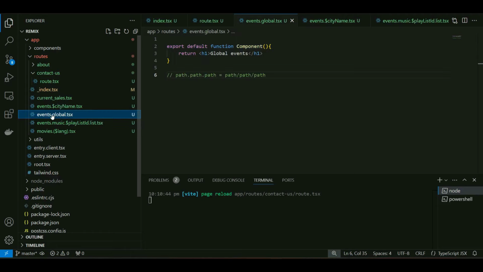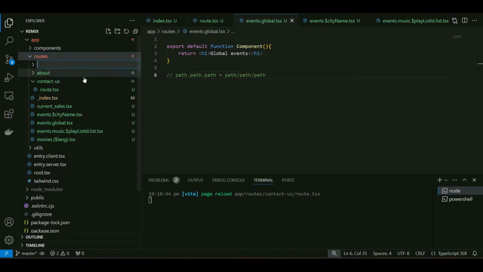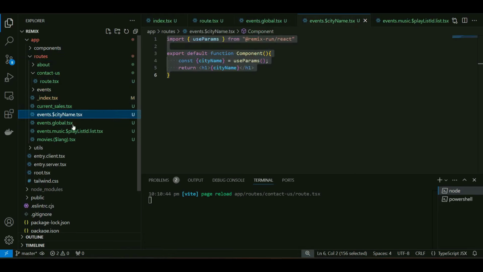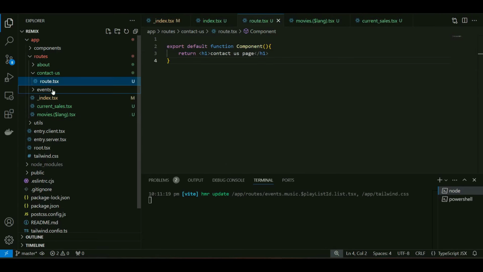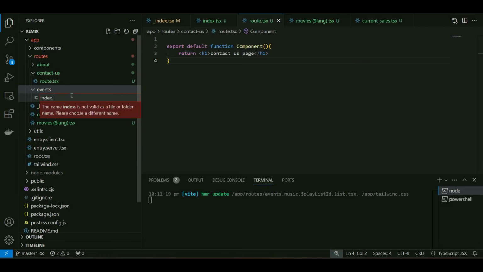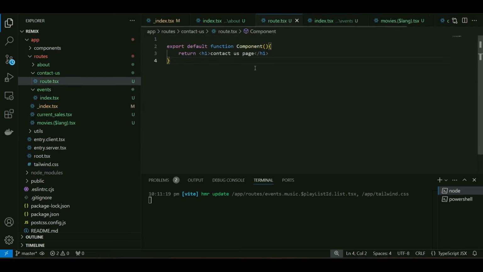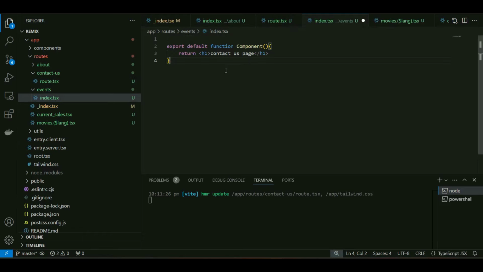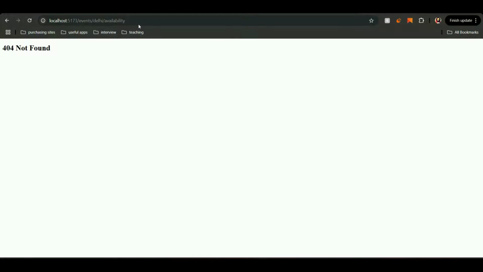Here, if you want to have a folder structure for this dynamic segment, what you have to do is, if you do something like this, events, or let me for now delete this file so that we can have a better clarity. If I create a folder events, and if I create index.tsx here, and if I print something, events, go back, events, oops,